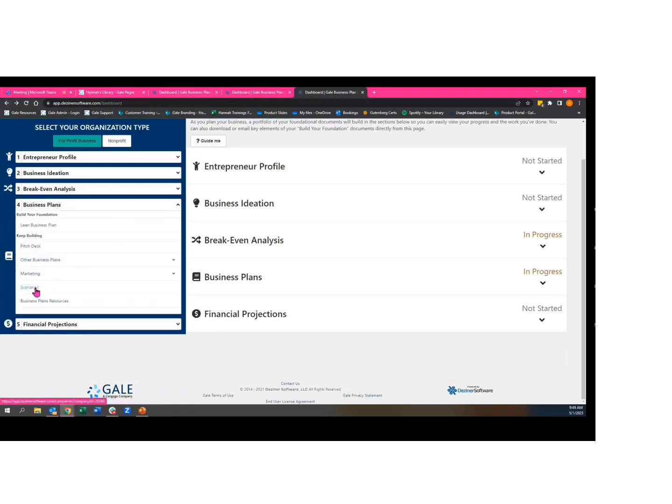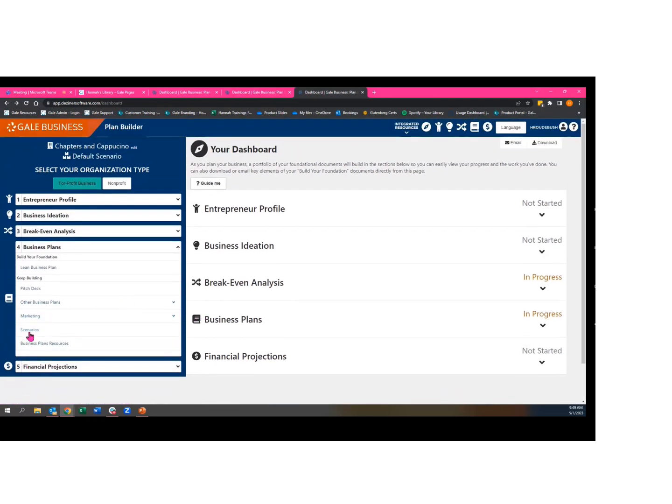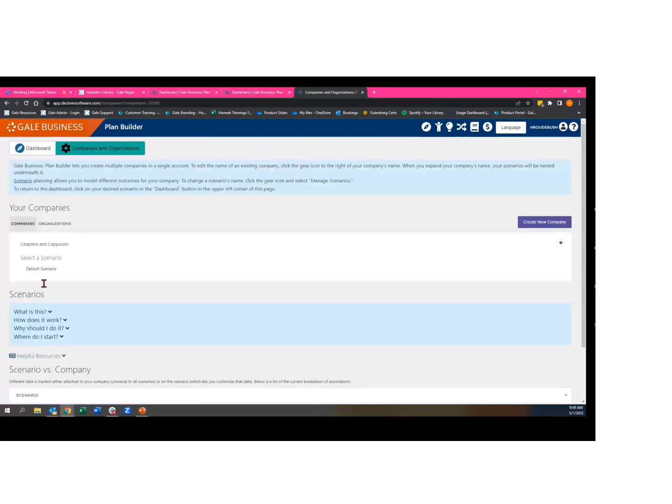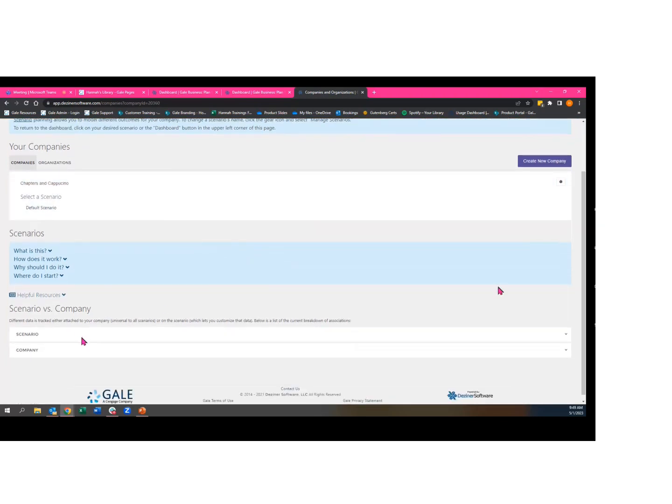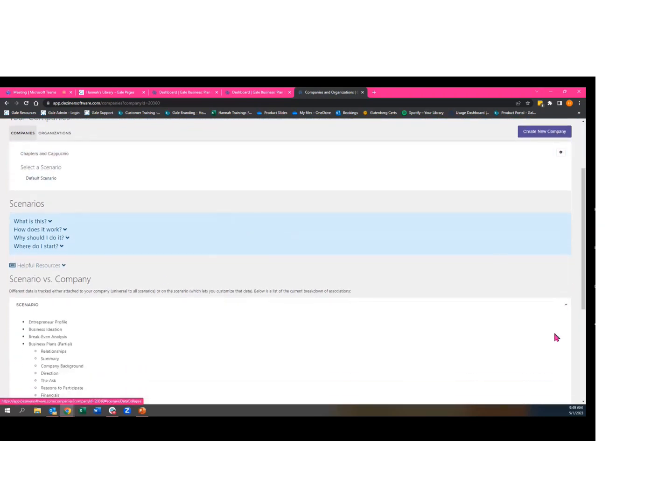But also under business plans, I mentioned earlier these scenarios, and this is really useful for patrons that may already have their own small business. We saw with the pandemic a lot of issues with supply and demand and inventory control and inflation, and struggling to hire employees and maintain employees. So this is a place where you could go in and enter different scenarios